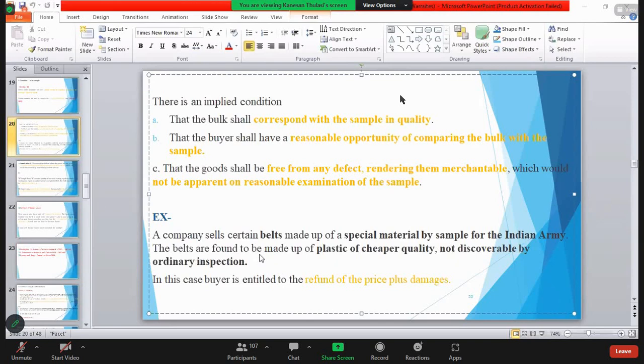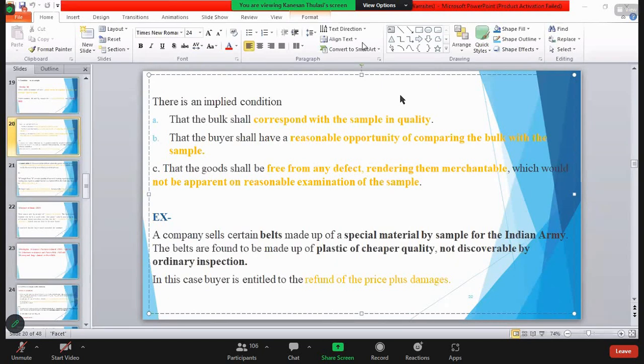There are circumstances where you can't find the defect. Mostly like the belt and the cloths, the material can't be identified. Some of the material, the sample you show, is made with the same quality and same quantity. You can't discover any defect in the material. But when you start to use it, you can identify it's a cheaper material. You may have some experiences in your life. For an example, you may have bought a sari,